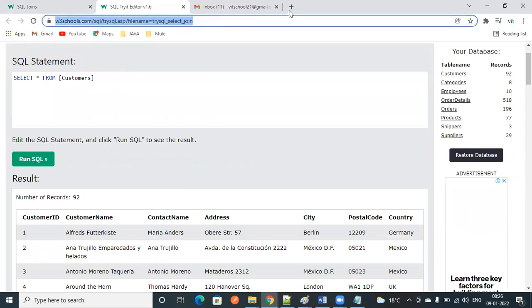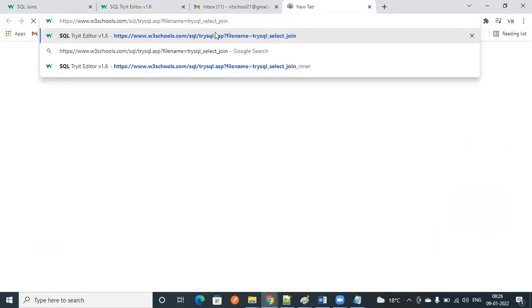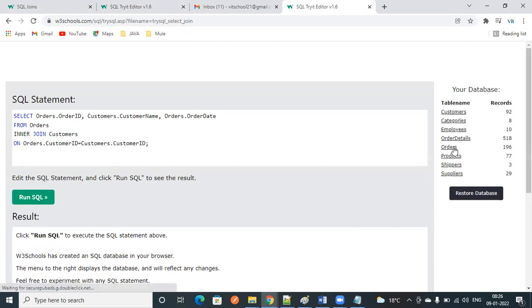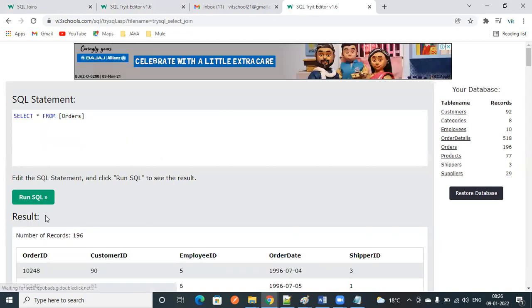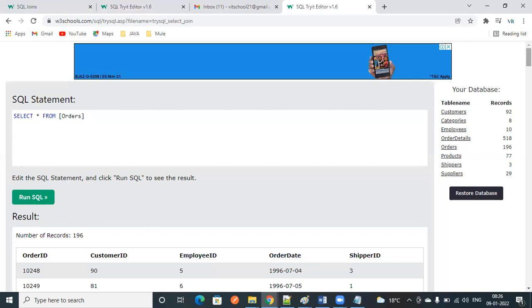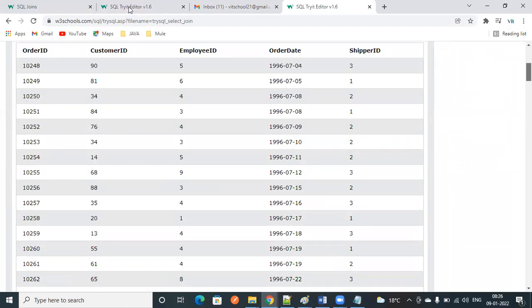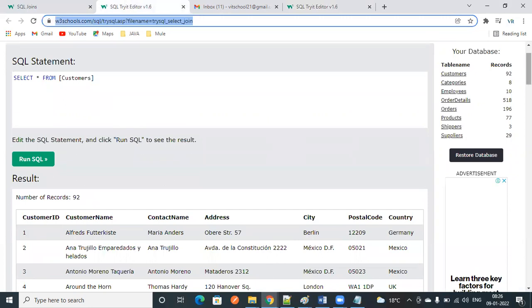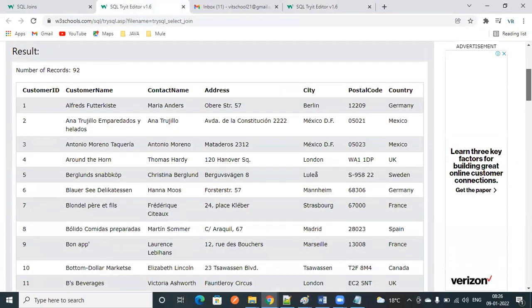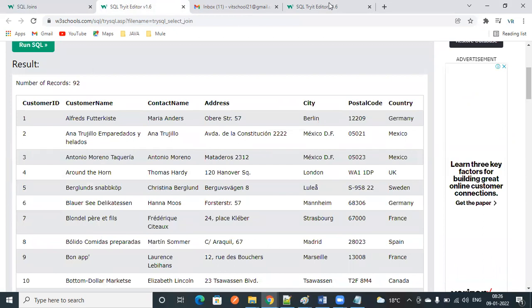I'm going to open another tab. This is the orders table. Just observe both the tables. What is the common key here? In customers, customer ID is there, customer name, contact name, address, city, postal code, country.